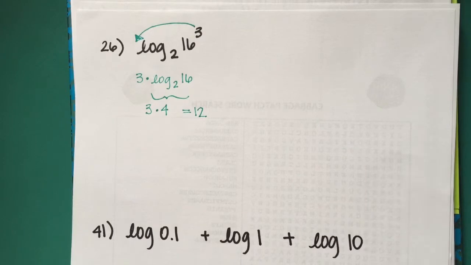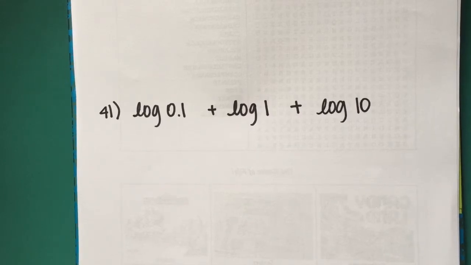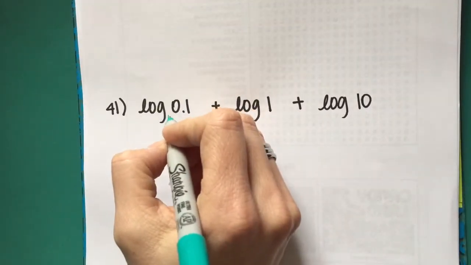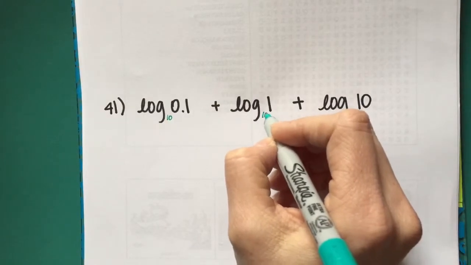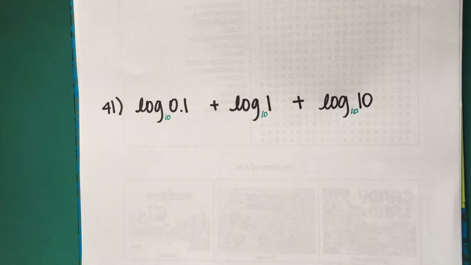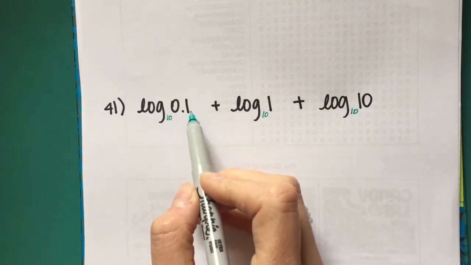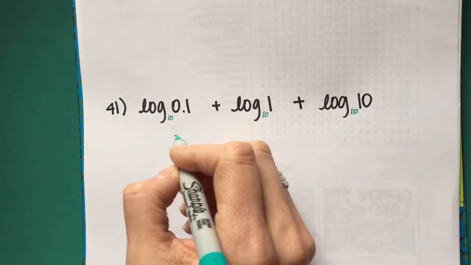And the last one that I'm going to do today is number 41, simplifying. So we have all these logs, none of them have bases. That means that every one of them is a base 10. We could combine them all into a single log. We could evaluate each of them independently and then add the 3 together, which is what I'm going to do. So 10 to what power equals 0.1? That is -1,